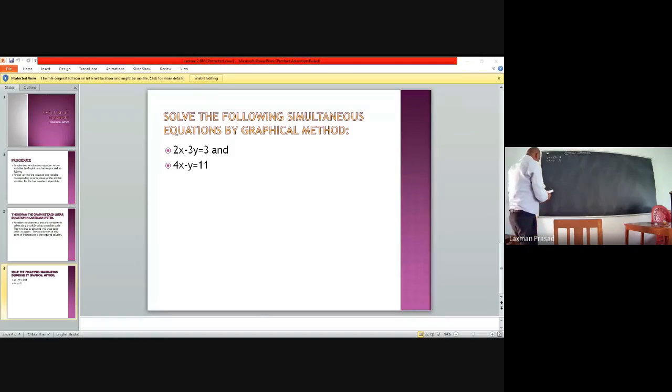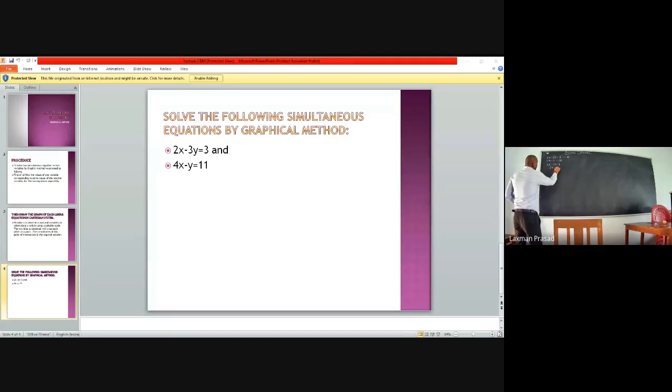So, by solving the first equation, 2x minus 3y equals 3. So here, if you solve this equation,